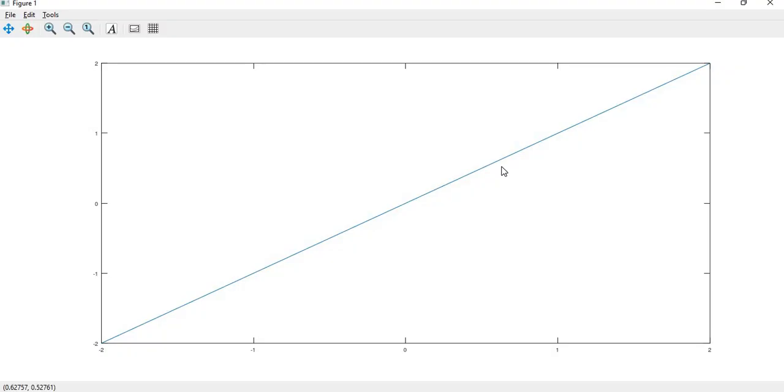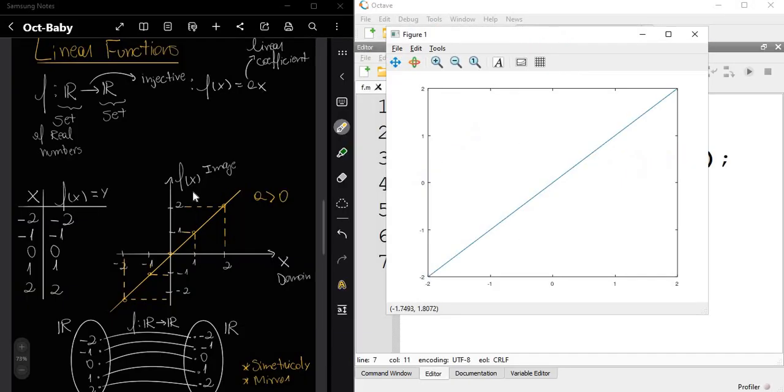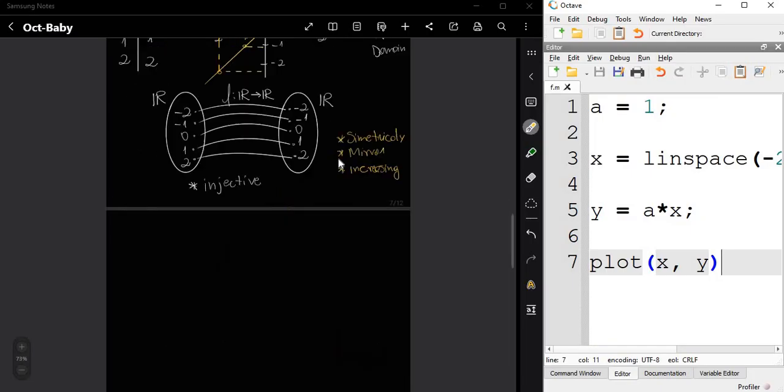A linear function ranging from -2 to 2 on the domain, and on the image also ranging from -2 to 2. Okay, that was easy, huh? So let's keep going. Let's continue.